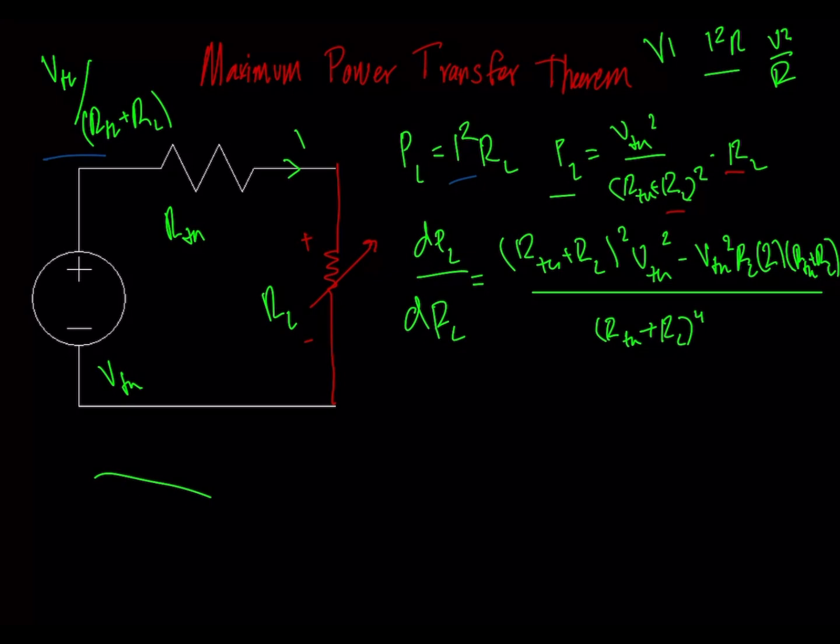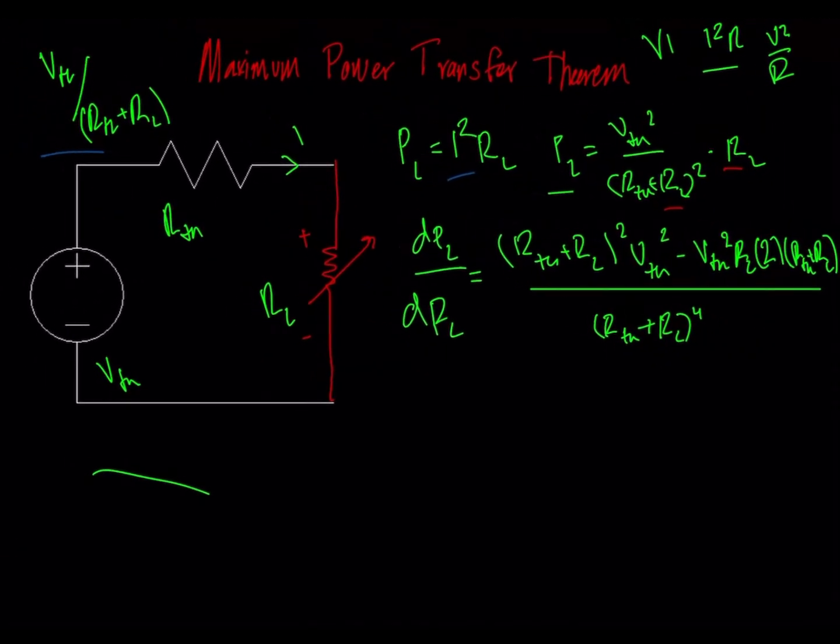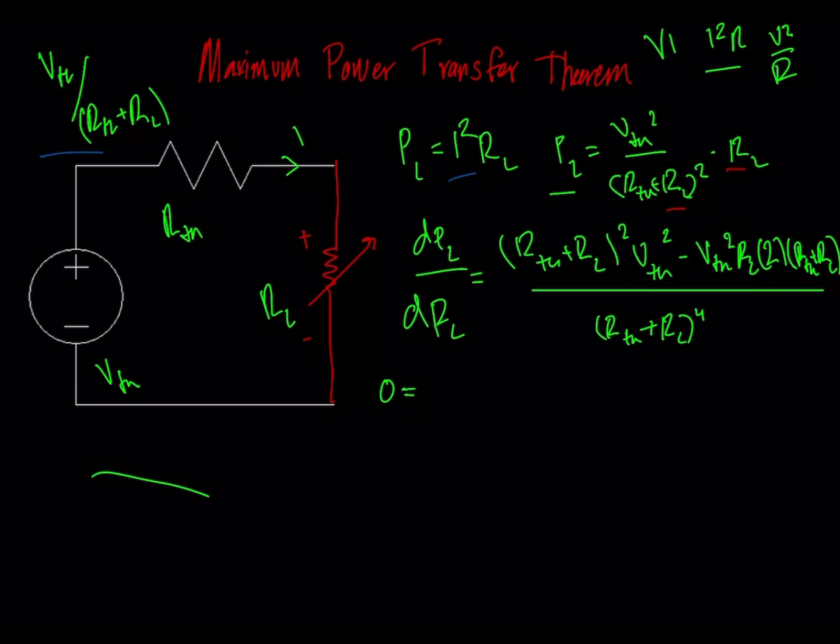Okay, great. So since this is a derivative, we're going to maximize this by setting this derivative equal to 0. That'll give us a maximum point if we were to graph it, or a minimum point, but in this case it ends up being a max. So if we set this whole expression equal to 0,